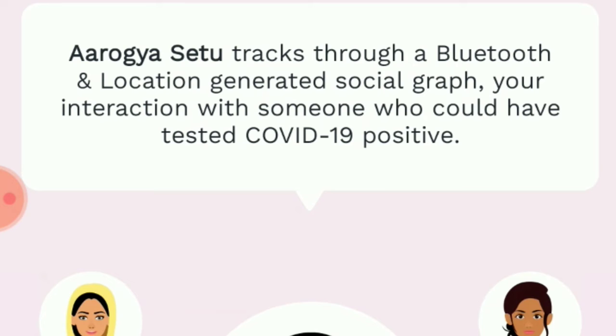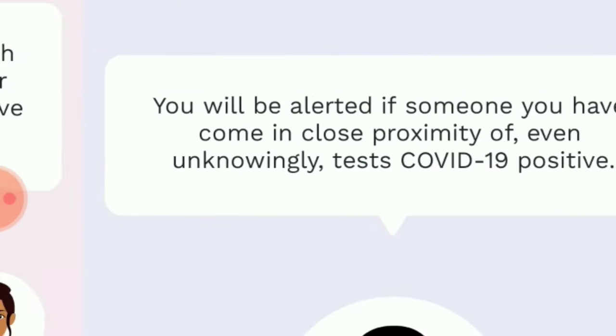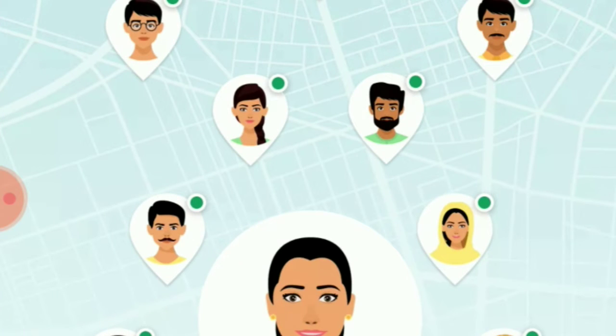So here instructions are being given. Read the instructions. Next, you have to give permissions for this app. This app asks for permissions like location and Bluetooth data sharing. So you have to switch on all those things: location, Bluetooth, data sharing.